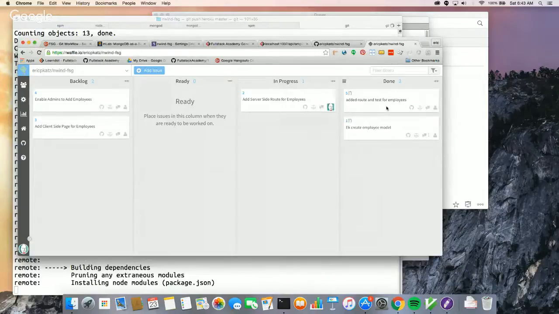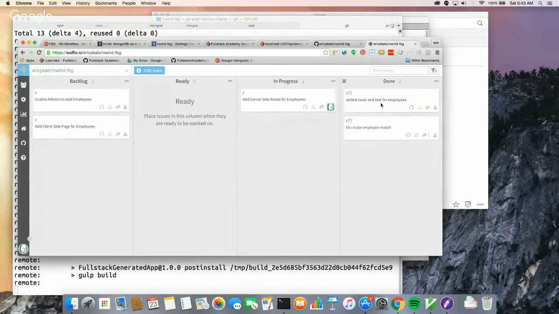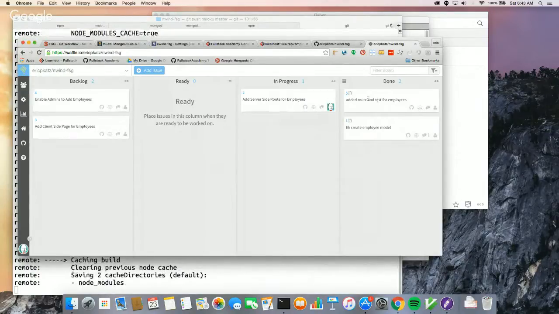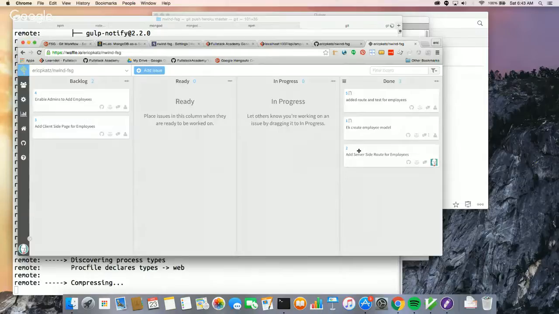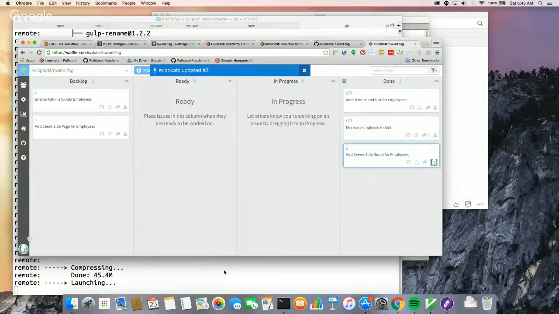What Waffle.io will end up doing, there's a way that you could coordinate these together. So every time you end up doing another branch and merging it, it automatically will add a card here. But again, it's not really a huge thing one way or the other. What you're really doing is keeping track of the work that you have or what's in progress. I can move that over and say that it's done. And so now if I go back here